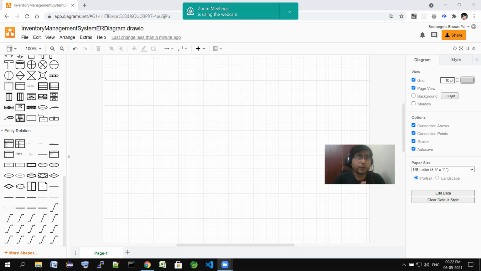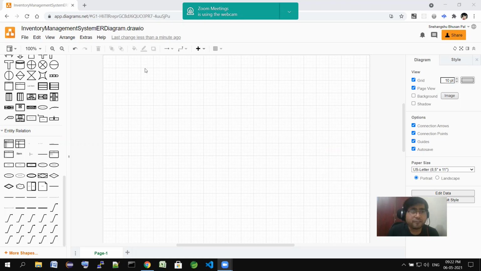I'm going to talk about an inventory system, one module, a single module. Let me share my screen. Now you can see my screen. I've opened draw.io, which has now been renamed to app.diagrams.net. So I'm going to design my